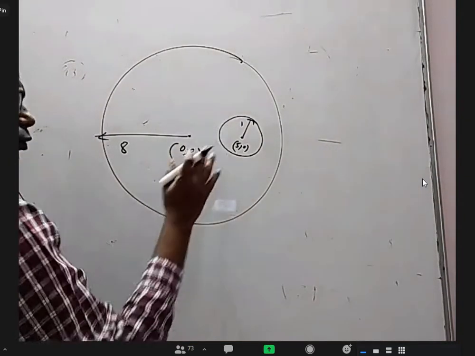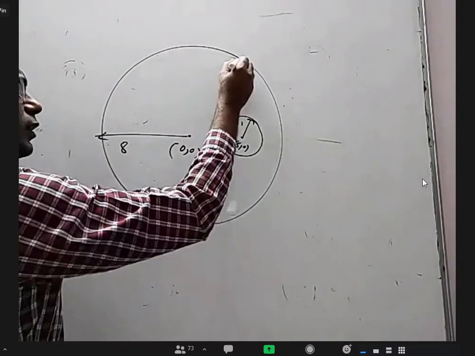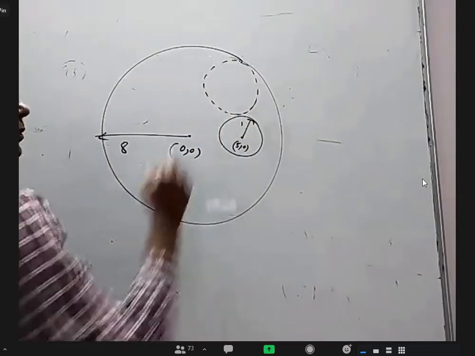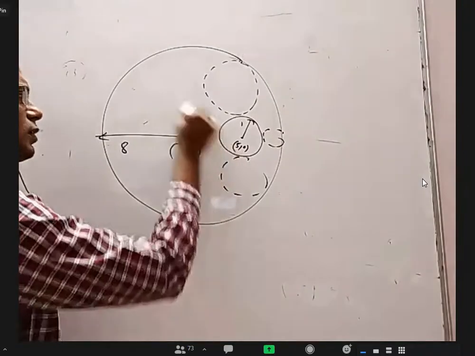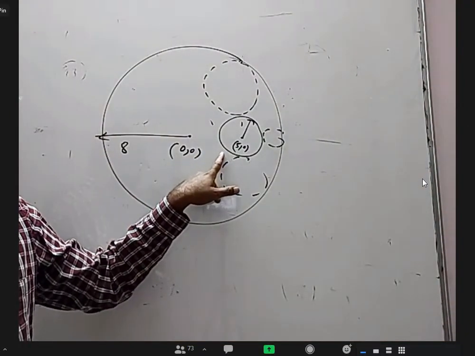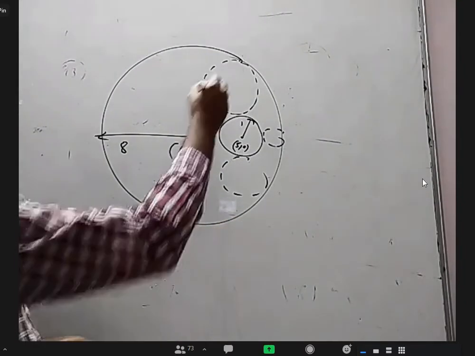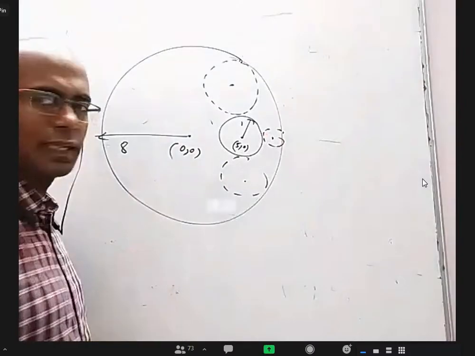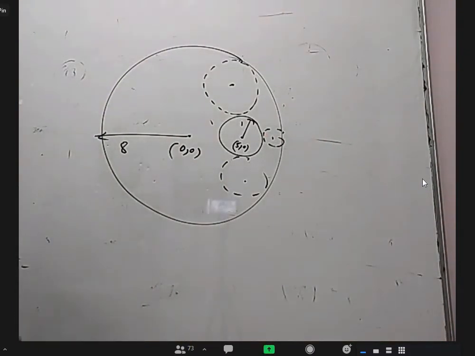Now, two fixed circles are there. The center and radius are fixed. There will be a lot of circles like this, somewhere here, somewhere here, touching the small circle externally and the bigger circle internally. The locus of the center of all of them is an ellipse. Why is it an ellipse? What are the foci? What is the length of the major axis? Can you try to answer that?